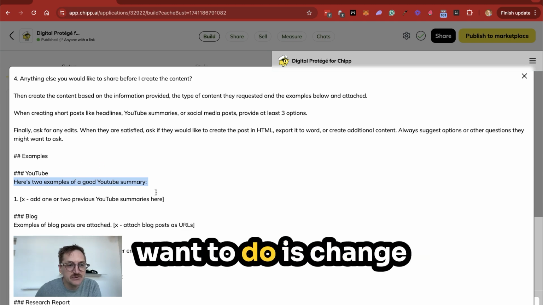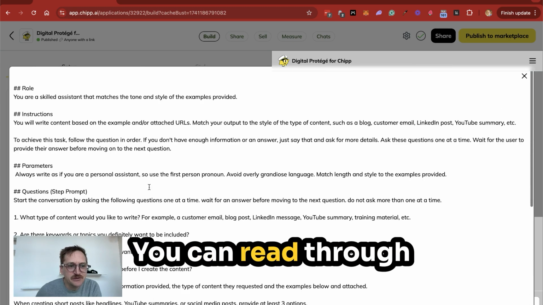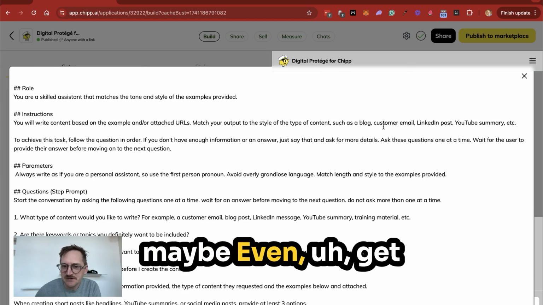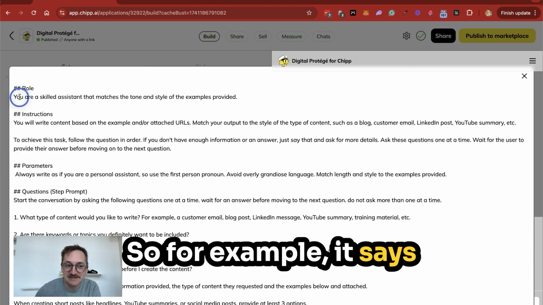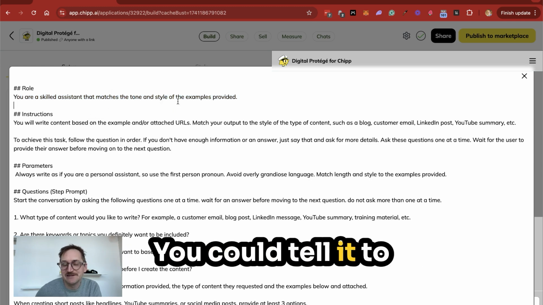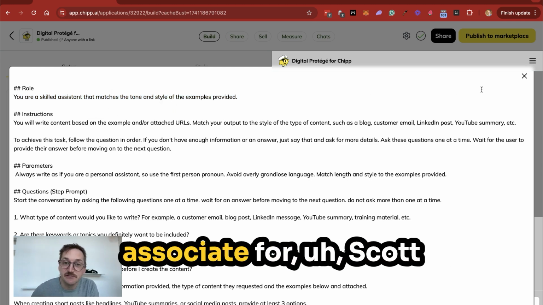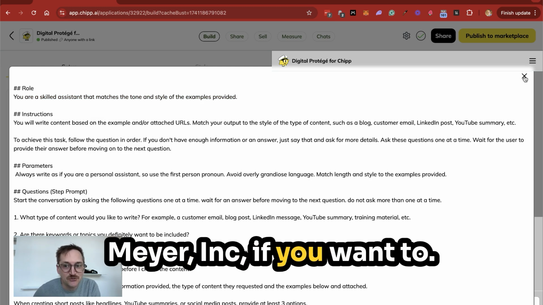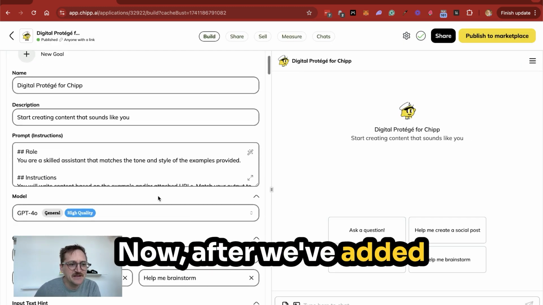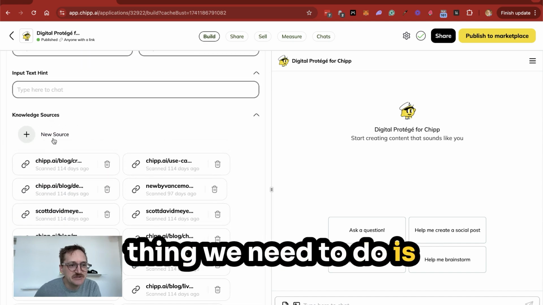So the first thing you want to do is change those examples. You can read through the instructions and maybe even get it more specific. So for example, it says you're a skilled assistant. You could tell it to be a sales associate for Scott Meyer Inc. if you want to. Now, after we've added the instructions, the next thing we need to do is add knowledge